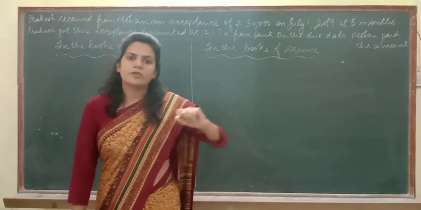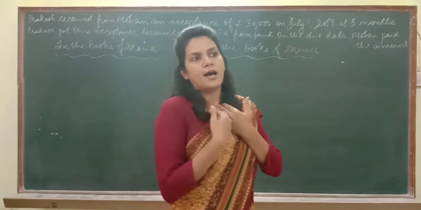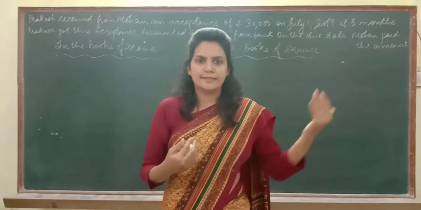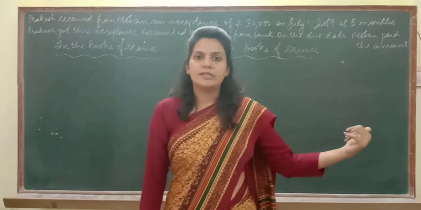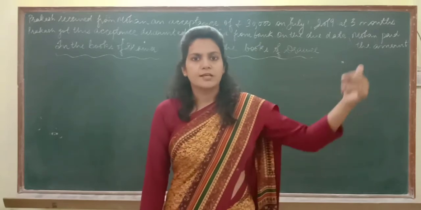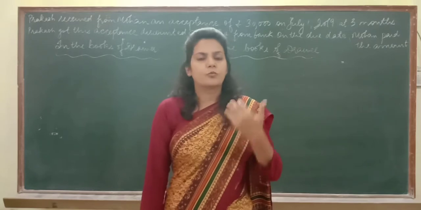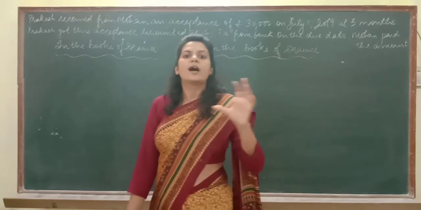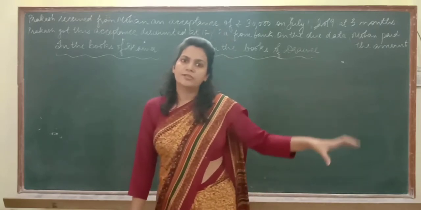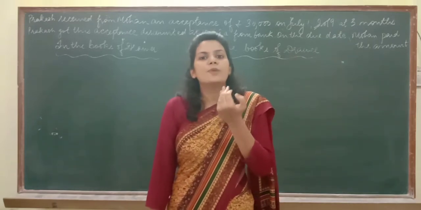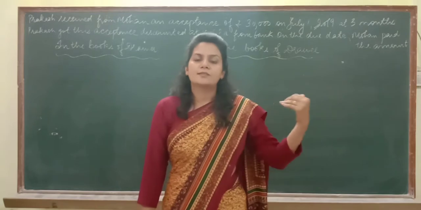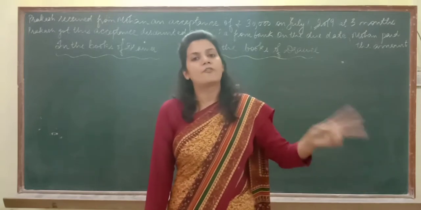See, discounted from the bank means, like suppose I have given a bill to Dhriti, let's say. Then I am the drawer, I am the creditor. Dhriti is the drawee, she is the debtor. She has to make payment to me. So I wrote a bill, I gave that bill to Dhriti. Dhriti signed on that bill and then she returned the bill to me. It means now the bill is with me. Now Dhriti is going to make payment to me after 3 months.